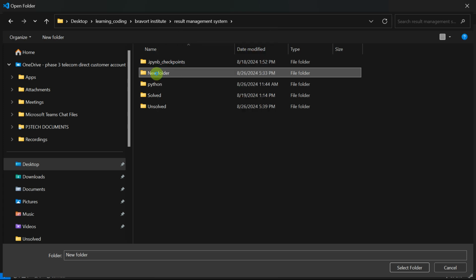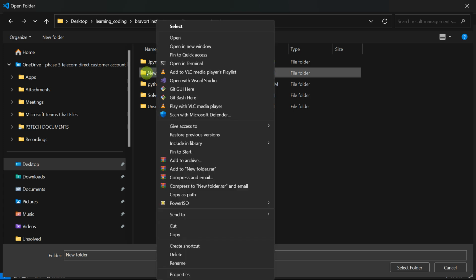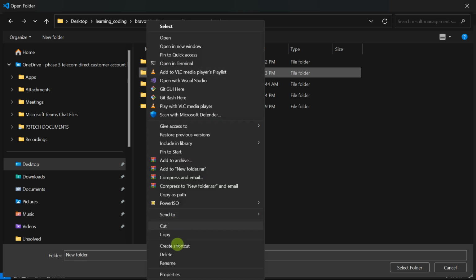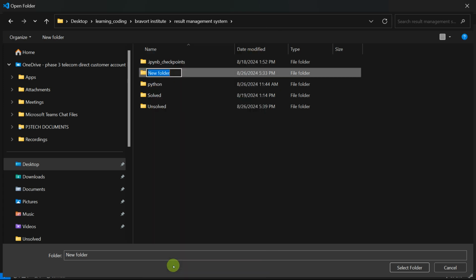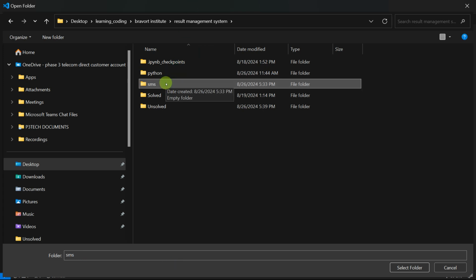I've already created a folder here before, and I'm going to name it School Management System or Result Management System. So at the end of the day, maybe I'm going to build a complete school management system, if time permits. Select folder,